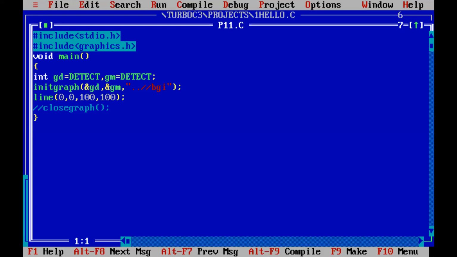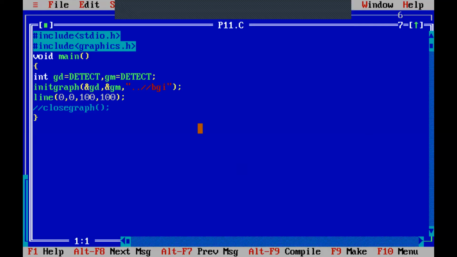Because here, if you observe this blue screen, this is your C editor, where you are actually writing the code. For compiling, we are doing Alt F9, and for executing or running the program, we are using Control F9. As soon as you press Control F9 on a normal C program, you get the black screen, that is the output window, where you are going to get the output. But here,